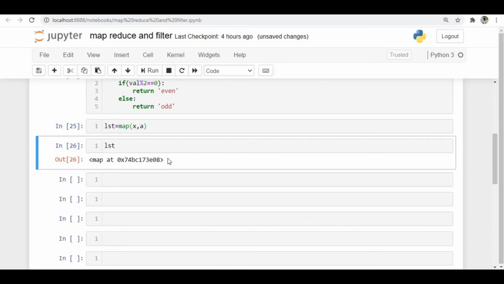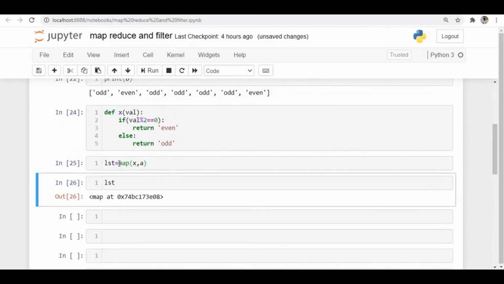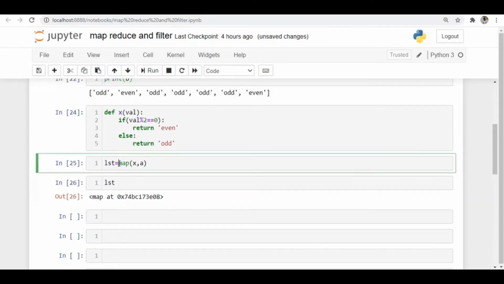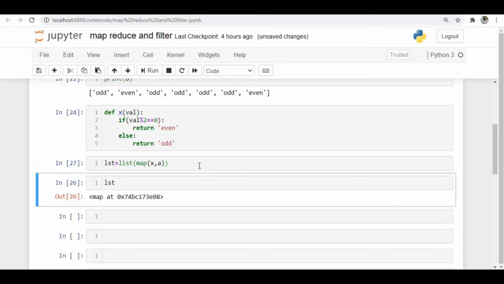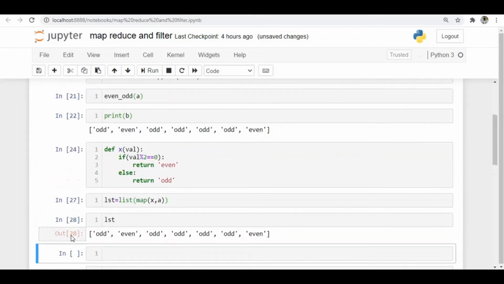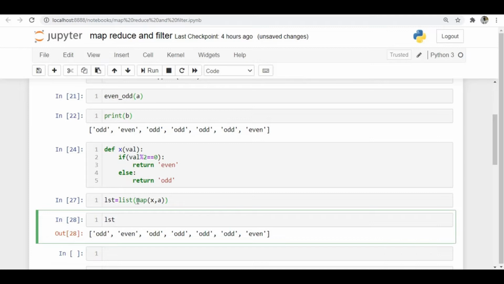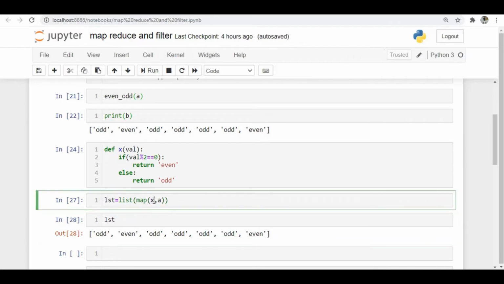In order to access this object, in order to print it, we can use the list method. Now if I print it, you can see we got the same output which we got here. What the map function does is, first it applies this function x, which we have given here, to every element present in